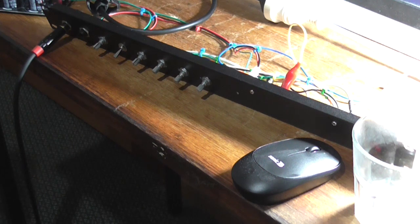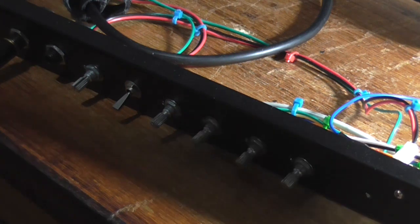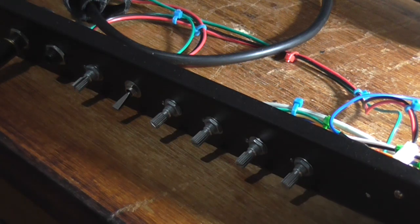Well, it's not that that's all I can play of that, but that's all I can play of that on YouTube due to copyright. So, I don't want to get a copyright strike. Right, so in conclusion, I've fixed the problem. I'm happy. And you definitely do need to put a capacitor in series with that volume control's